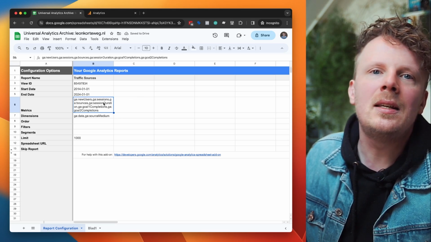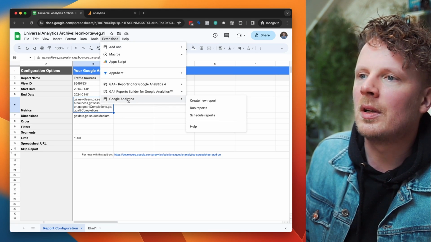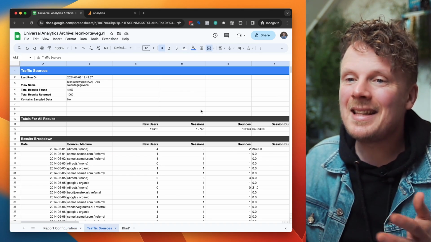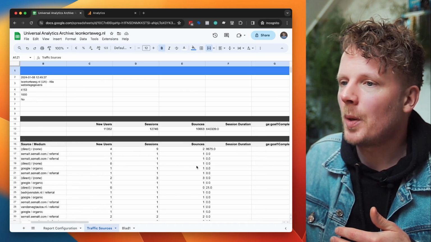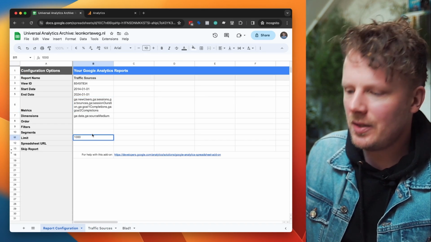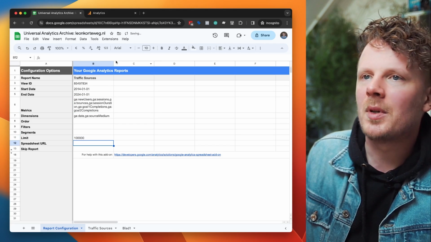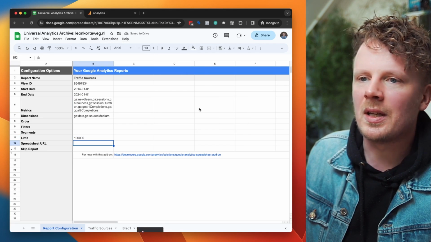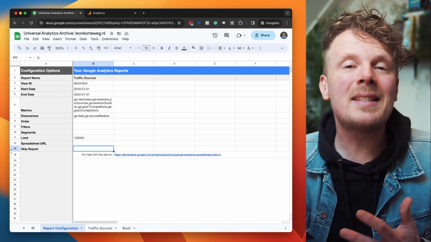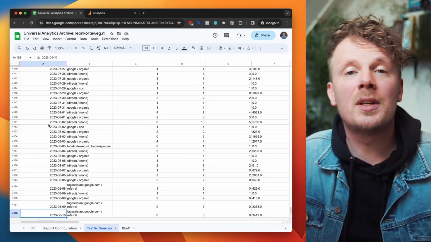Let's run it and let's see what happens. We can run this report by going into extensions and under Google Analytics, say run reports. So I ran my reports and I see that all the data has come through properly. So I'm going to go back into my report configuration. I'm going to raise the limit to 100,000 and say run reports again to get the full date range in my Google Sheets. So it went ahead and my traffic sources are now fully imported over the last 10